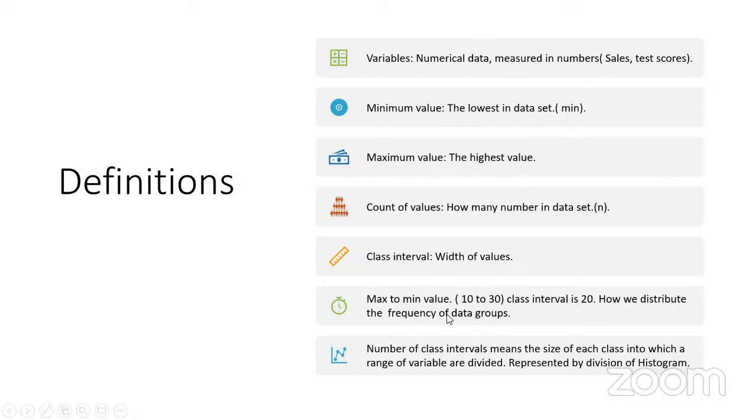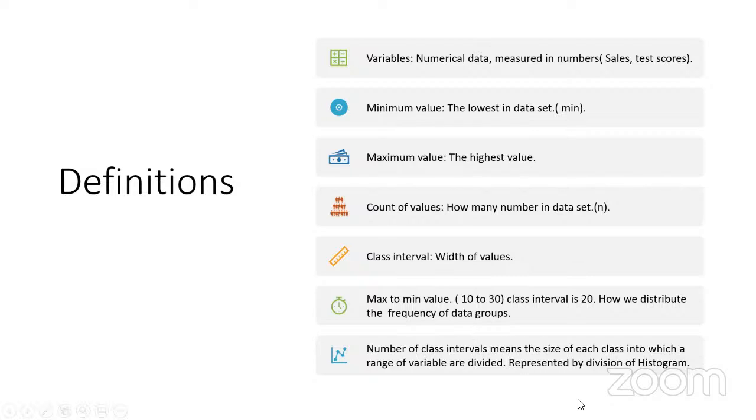The difference between maximum and minimum, for example, if we have a range of data from 0 to 100. If I want to do some grouping, I will just divide this into groups. For example, from 10 to 30, 30 to 50, and so on up to 100. So this is the class interval, okay? Every one of them. And the width of the class interval, I calculate by subtracting the minimum value from the maximum value. So in this case, 100 minus 30 equals 20, so the width of each class interval is equal to 20.